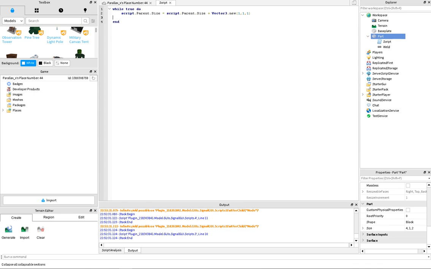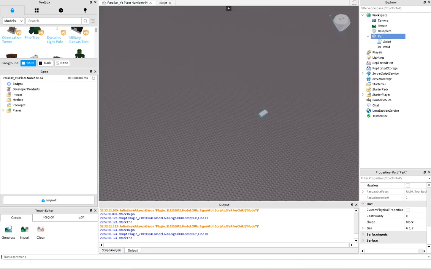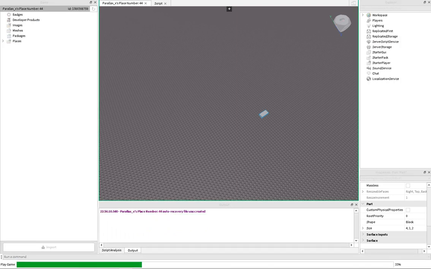And then I'm just going to put a wait just so it doesn't crash, because if you have no waits, it's definitely going to crash. Okay, so if we run this,